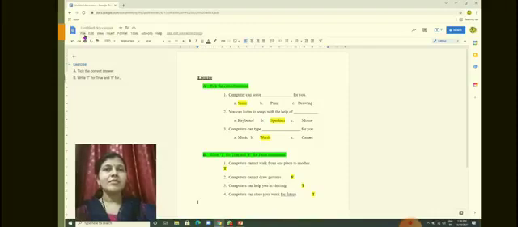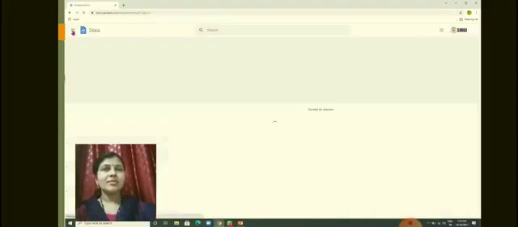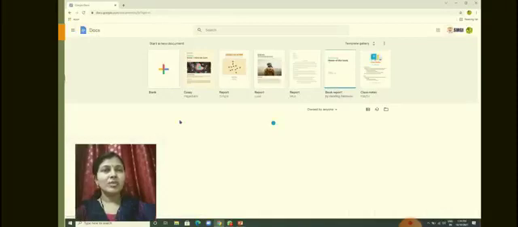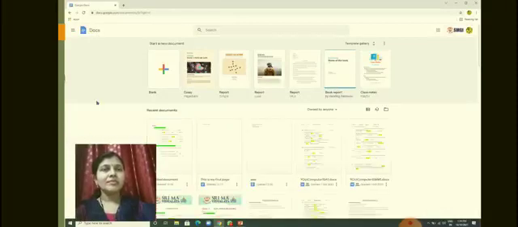And these are the tabs which you will see: file tab, edit tab, view tab. And this is the document home. If you want to return back, you have to press this. You will go back to the documents. Now I came outside.